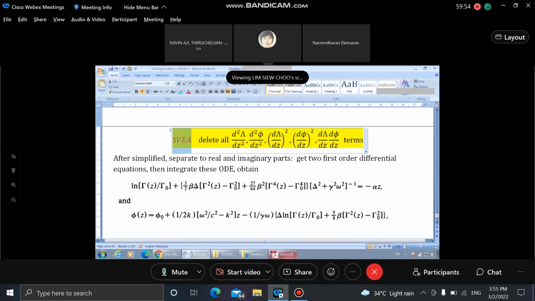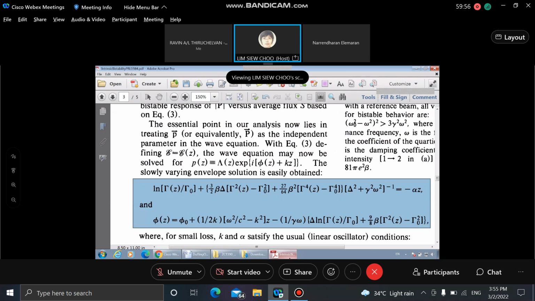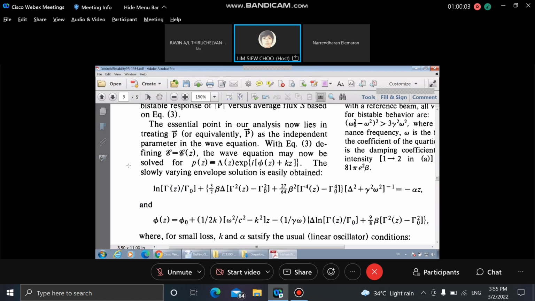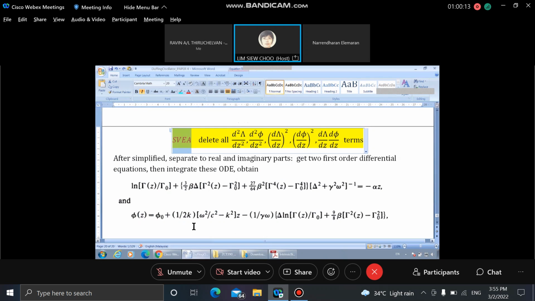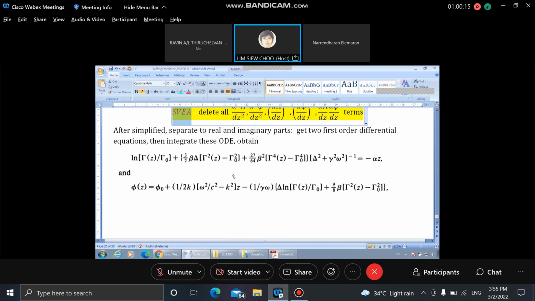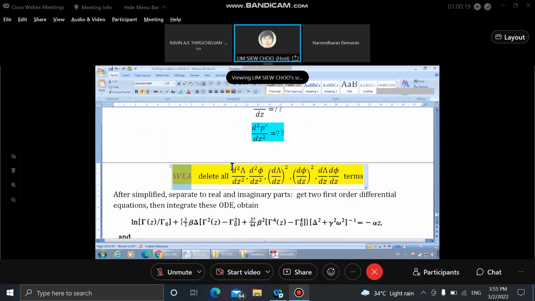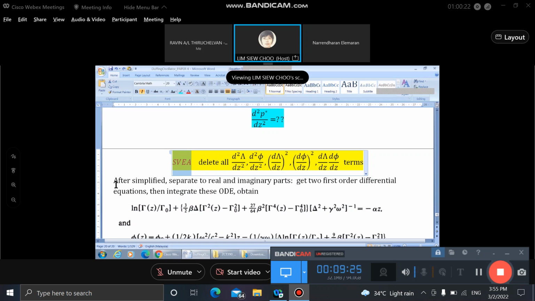This is SVEA. Okay, right, so the term is here. The slowly varying envelope solution is easily obtained, but it's not that easy, so you have to work it out. All right, so after the substitution, no more already. Okay, so after the substitution and simplify according to this, simplify according